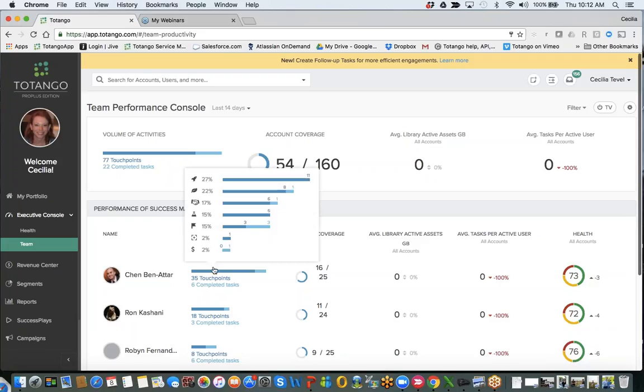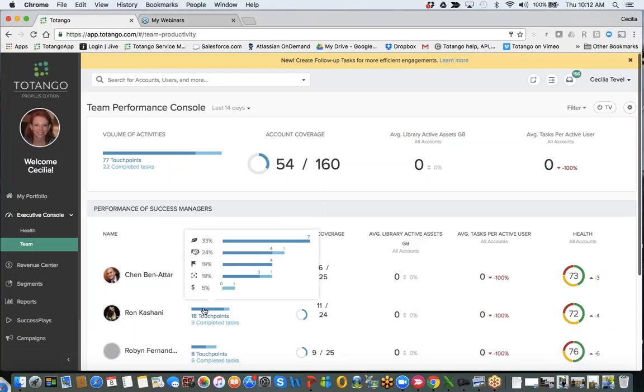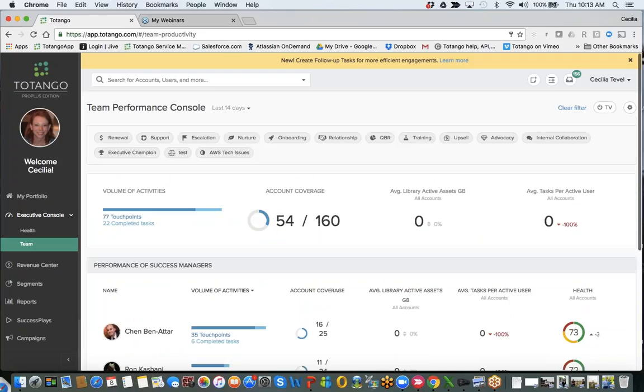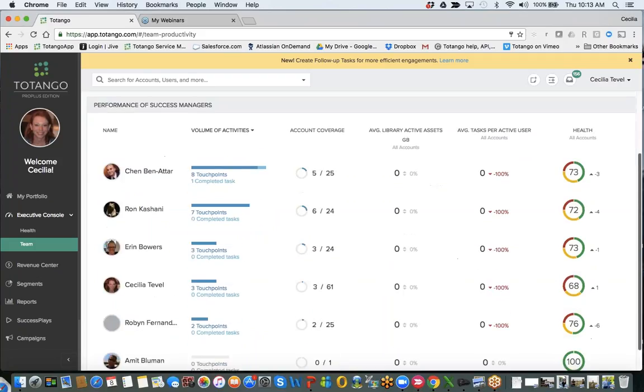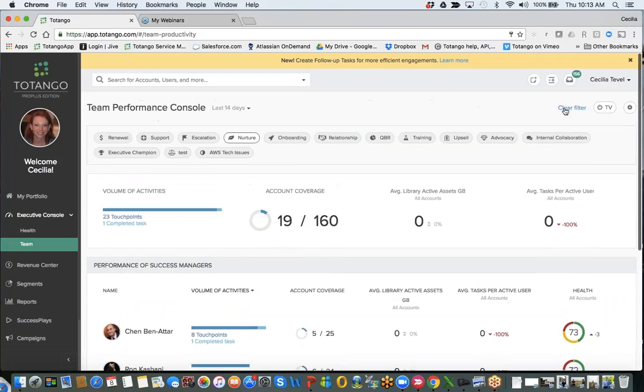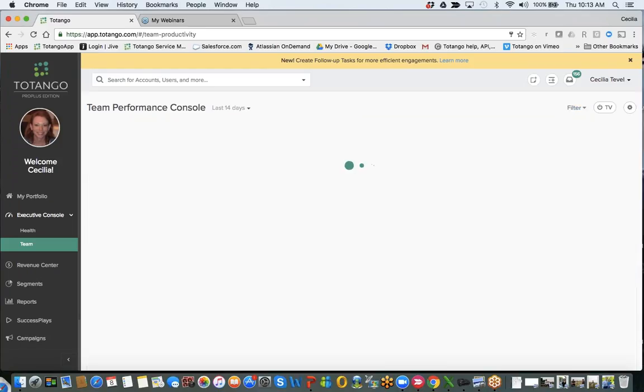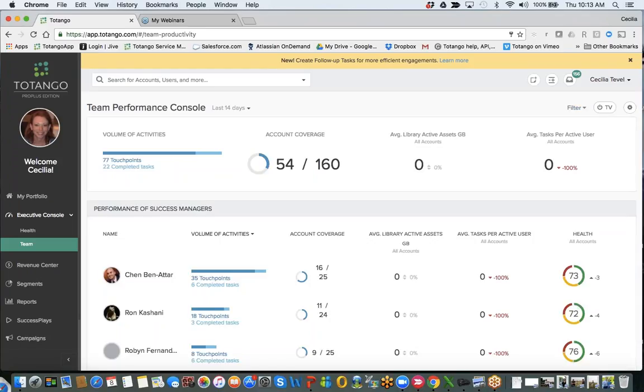And you can also hover over and see distribution by percentage of the types of activities that your CSMs have with the customers. And then you can do filtering. So you can do this as well. Just look at all my nurture activities, how many have happened across all of the CSMs on the team. So these are the new parts and pieces that I wanted to highlight so that you know